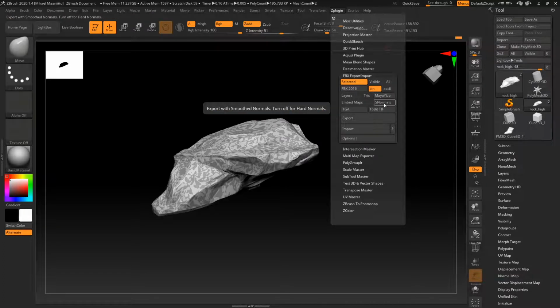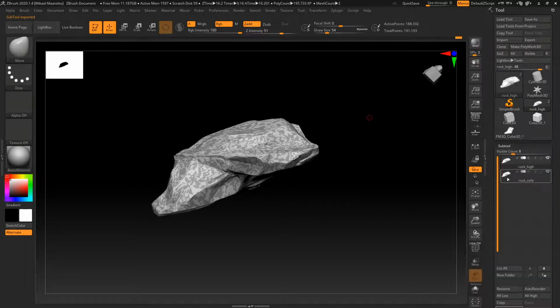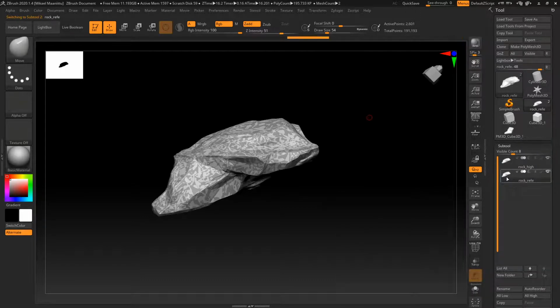It's all looking good. If you have S-normals activated, turn it off, and then export. And let's go here, and I'm going to save over this old FBX file. Yes,